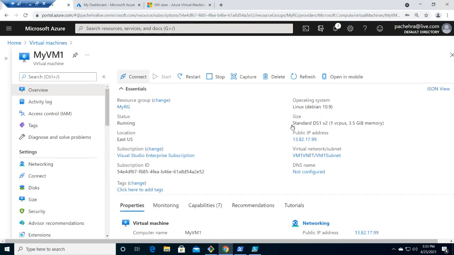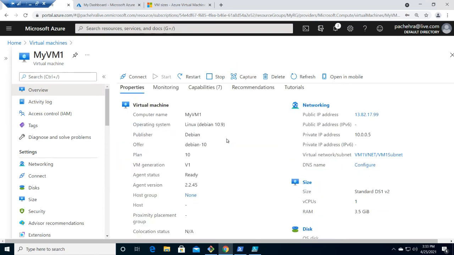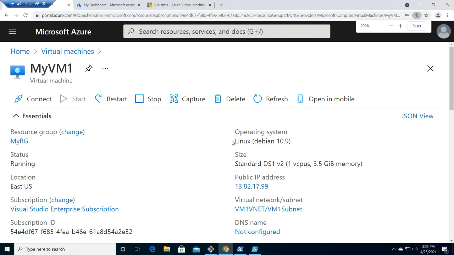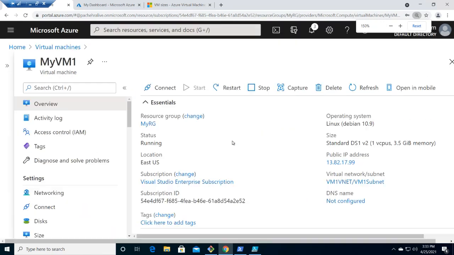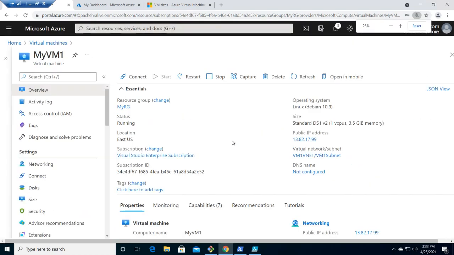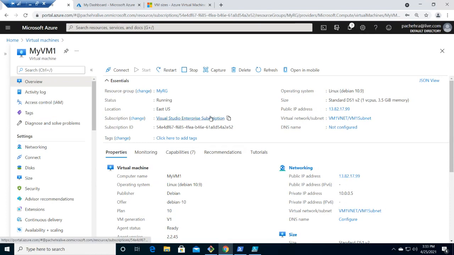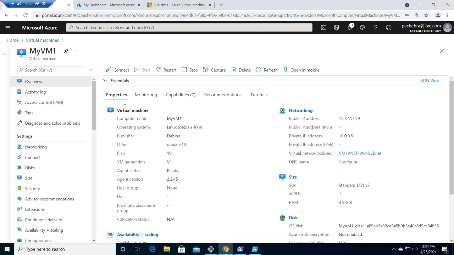This overview pane will give the essential information that is needed for the virtual machine. If I just minimize this essential section, you'll find all the properties of the virtual machine, like networking, in which virtual network, in what subnet it is residing, what is the IP address, what is the public IP address.